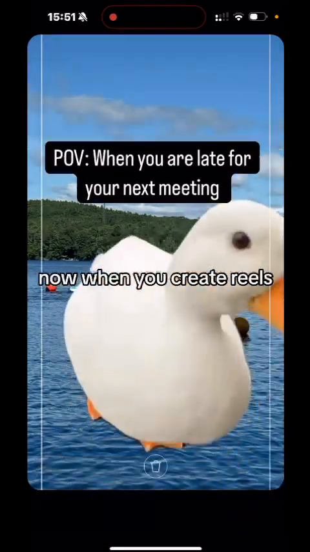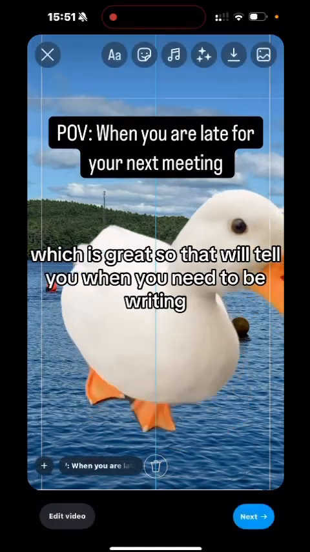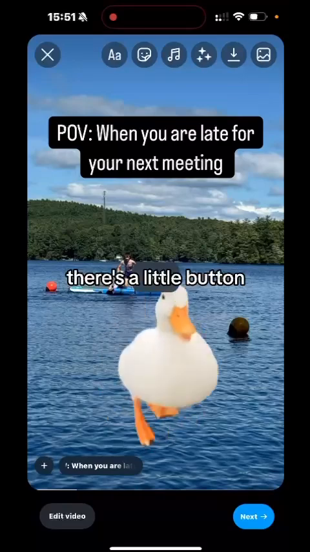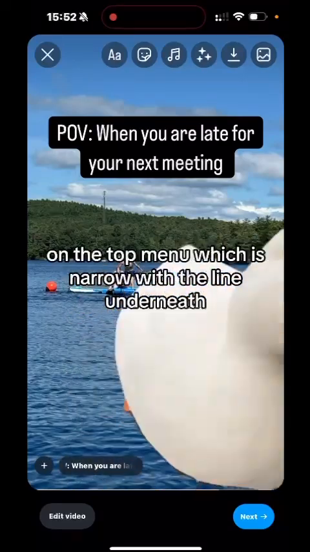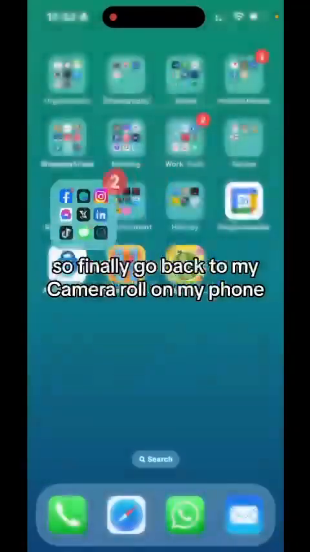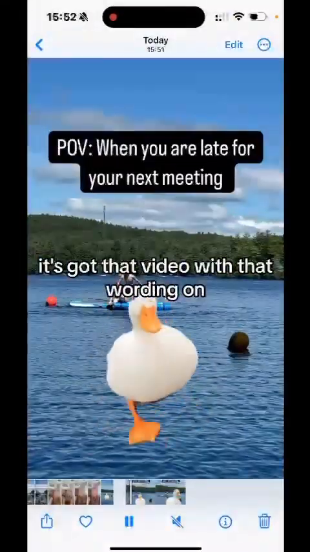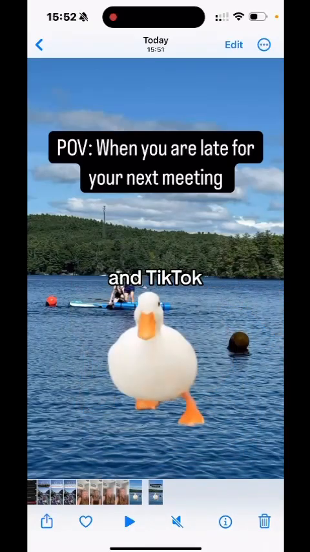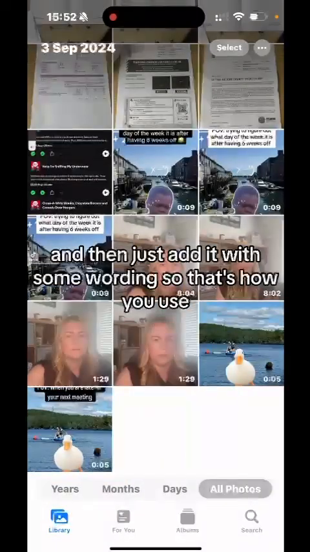Now when you create reels, you can see there are little grid lines coming up, which is great because that will tell you where you need to put your writing. Before I do anything with this, I want to save it. With reels, there's a little button on the top menu which is an arrow with a line underneath. If you click that, that will save it to your camera roll. So if I now go back to my camera roll on my phone, it's got that video with that wording on, and I can use that now for Facebook, LinkedIn, Instagram, and TikTok, and then just add it with some wording. So that's how you use